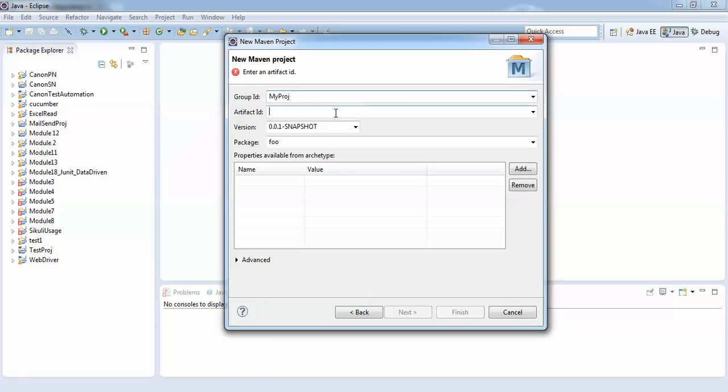Then artifact ID is all projects, suppose. Then here you don't need to select anything. Okay, remove this, you don't need it, package name. So go ahead, finish.